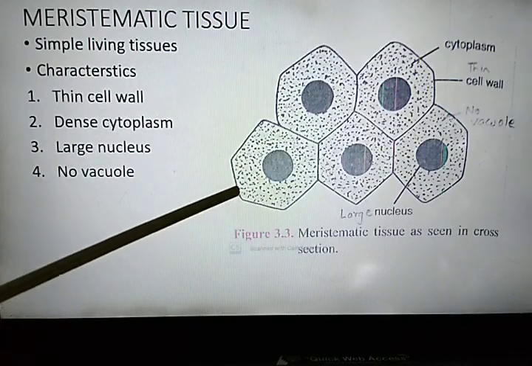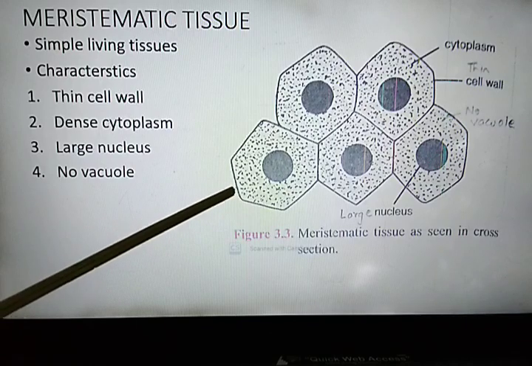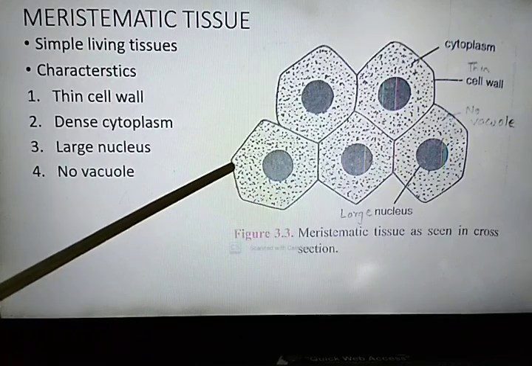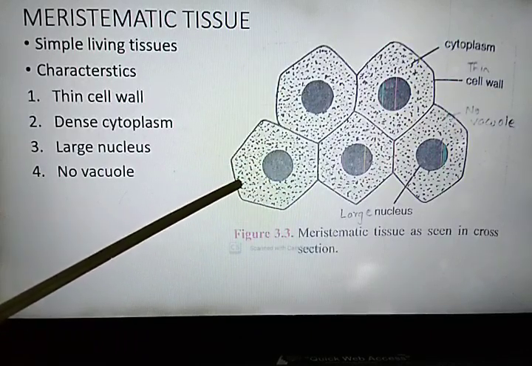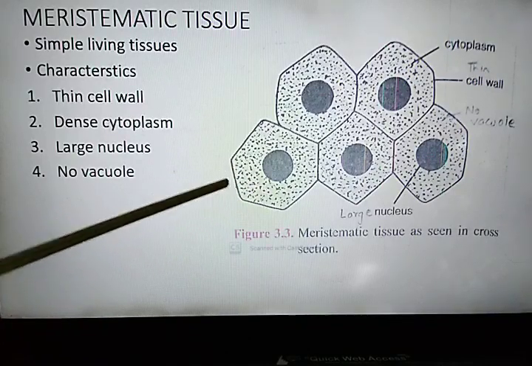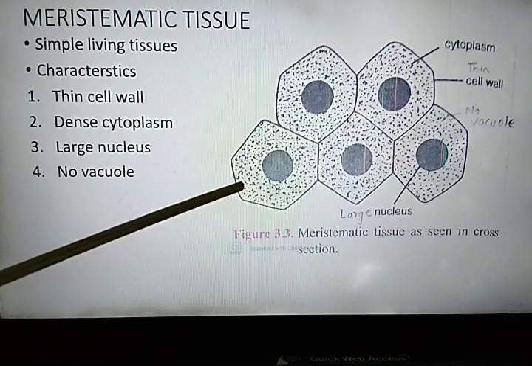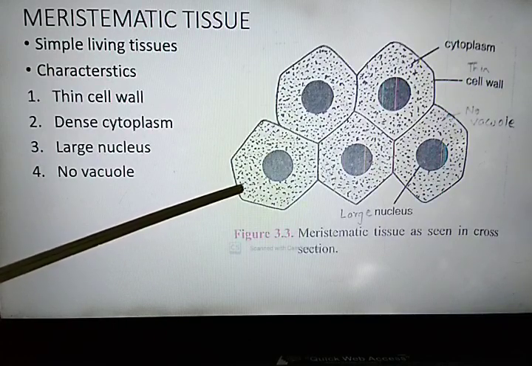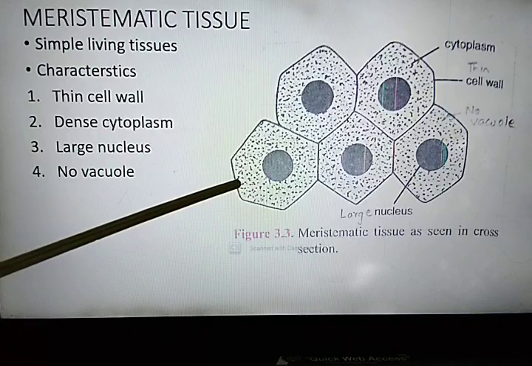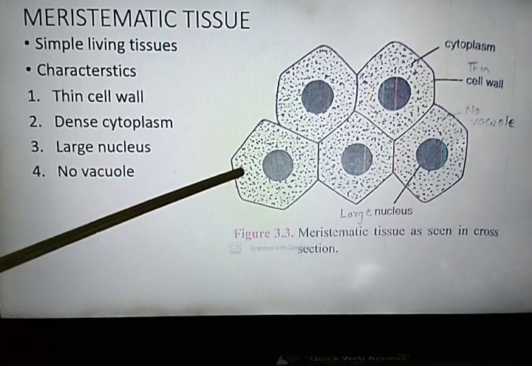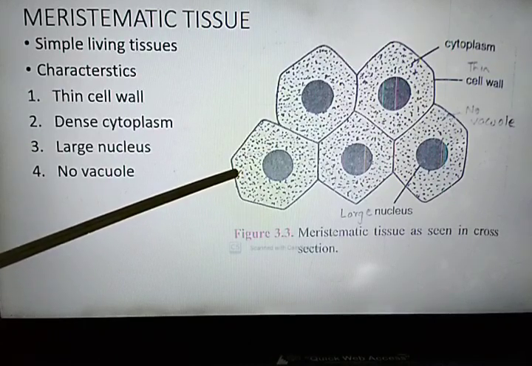You have studied about the plant cell. In the plant cell, about 70% of the volume is occupied by the vacuole. Now in this diagram, you can notice that vacuole is absent. Yes, vacuoles are absent in meristematic tissue. You will be thinking, why are vacuoles absent in meristematic tissue? Because meristematic tissue is mainly concerned with cell division. So, they do not store food material or waste material.